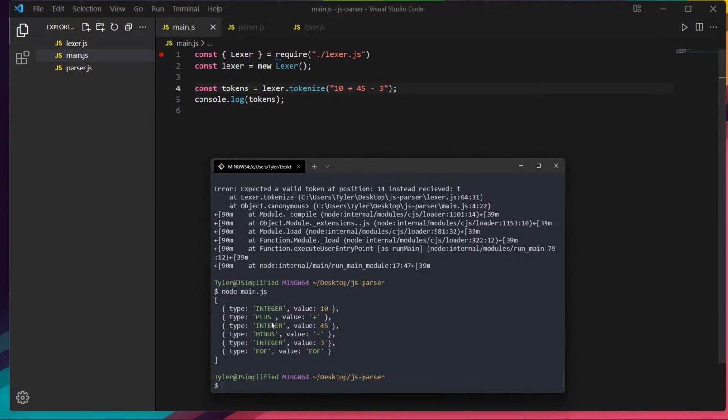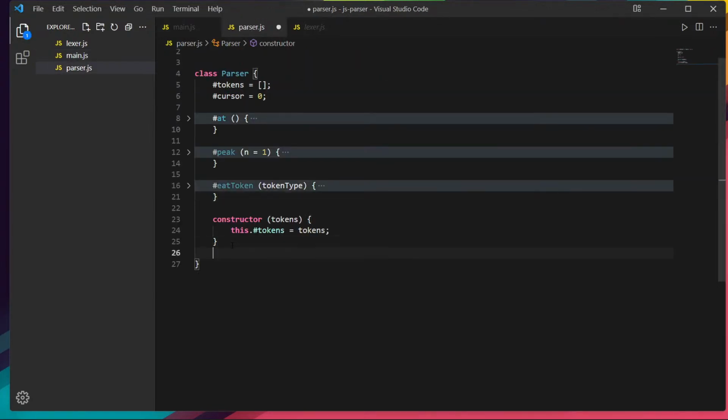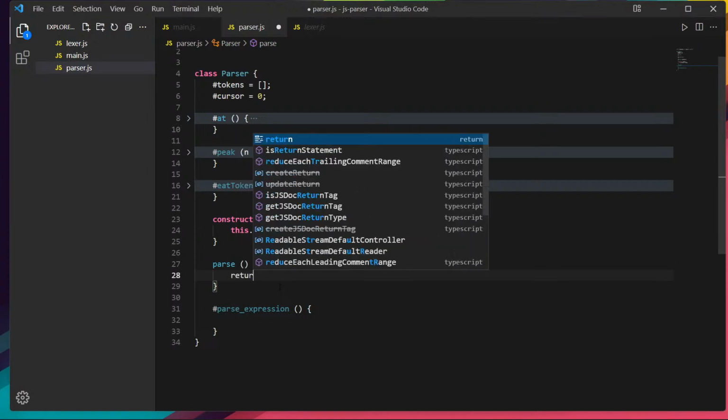What we're going to want to do is check what type these are and parse the left-hand side first, because typically there's left precedence. So let's get started with that and create a function called parse expression, and we're also going to have parse as a function, which is the only public function in here. And it's just going to do return